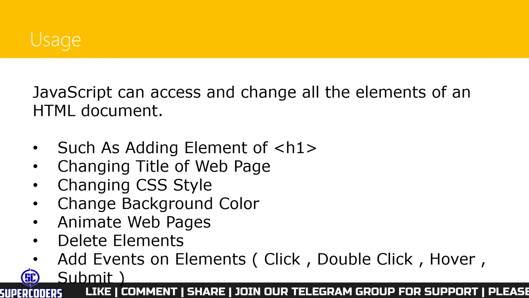You can see we can use JavaScript DOM for adding elements in HTML pages, like adding a paragraph, appending dynamic content, changing text, changing style, changing background color, and doing some animations. Also adding some events like on button click, on form submit, and much more we can do with JavaScript DOM. So in a simple example, we can use JavaScript DOM for manipulating our web pages.